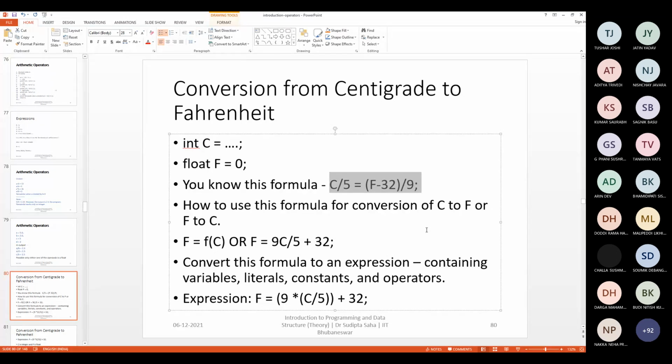What is the concept of this division? Can anybody tell me based on what this formula is coming? Based on the gradient, sir, if we go to the core, from where it is derived, initially we write, any value C minus 0 by 100 minus 0 is equal to F minus 32 by 212 minus 32. From the gradient concept, sir. I think so.